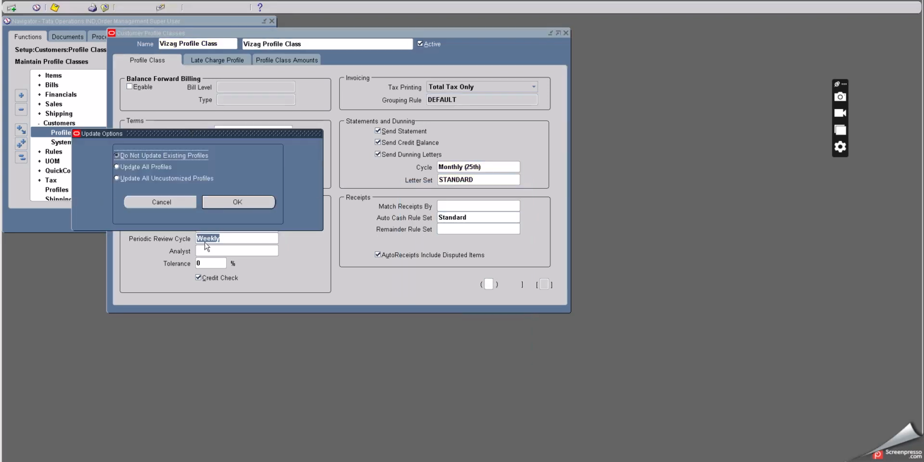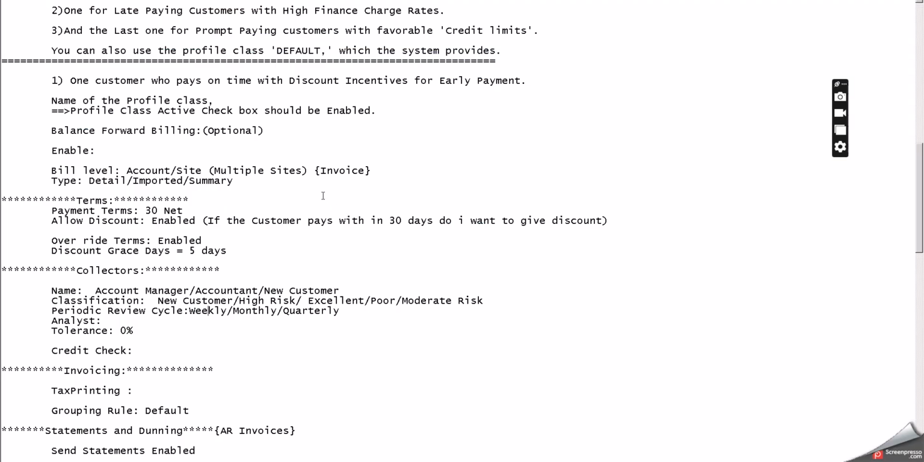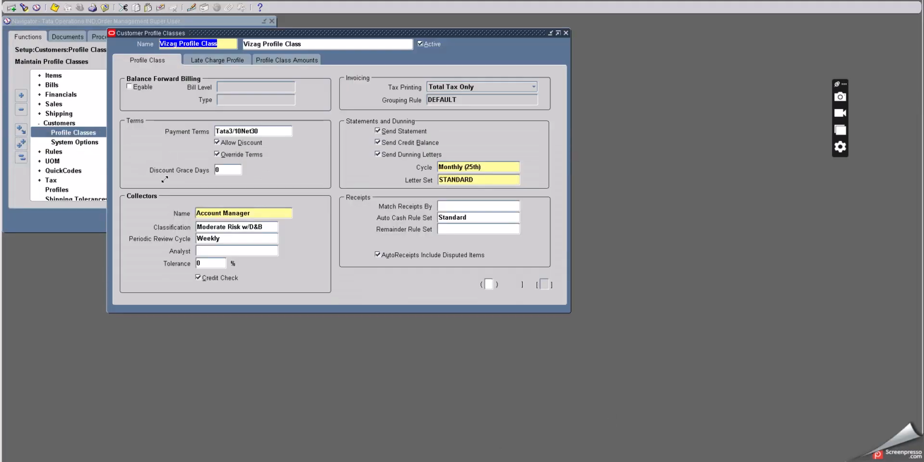Okay, save. Now what I do is I'll just copy paste the name of the profile class so that it will help me. Now go back to the